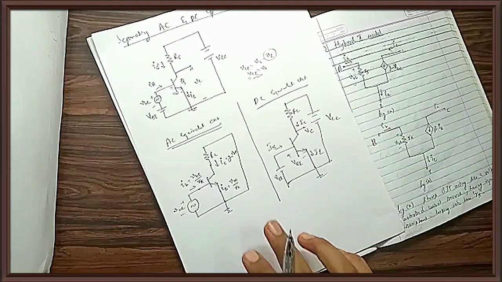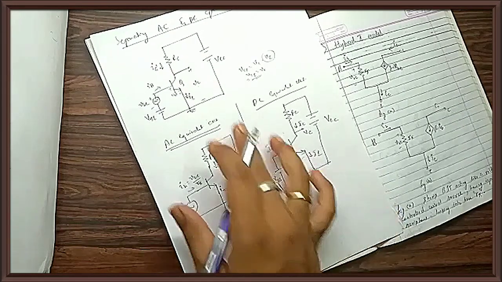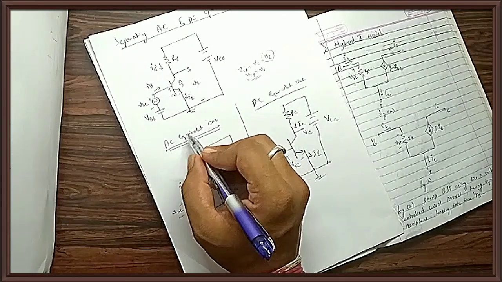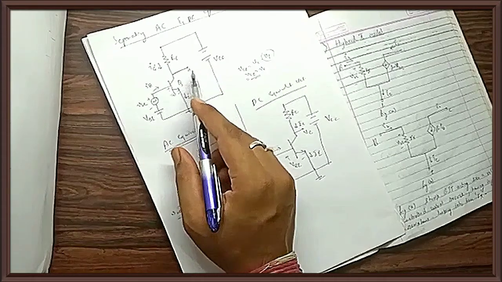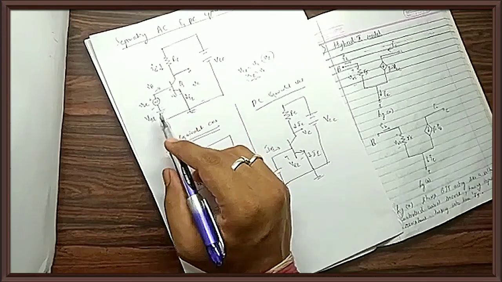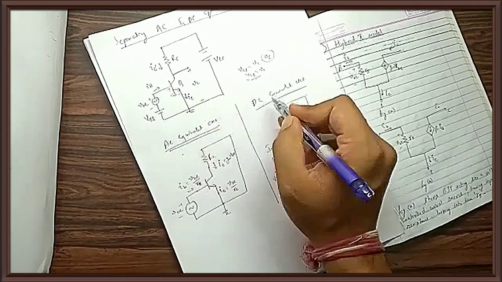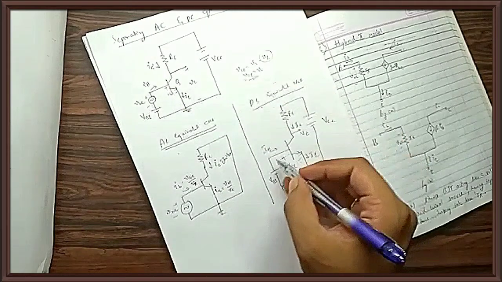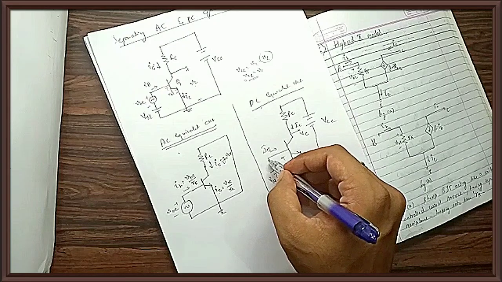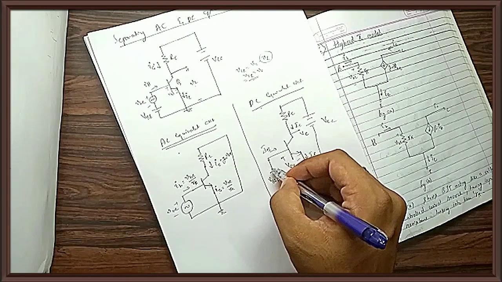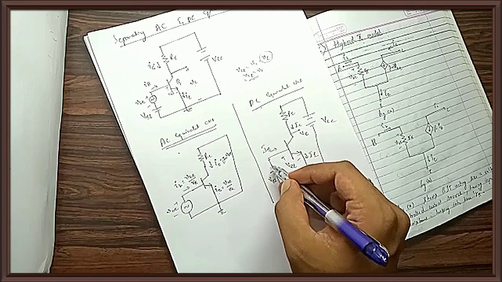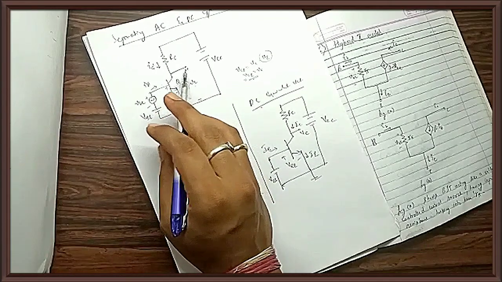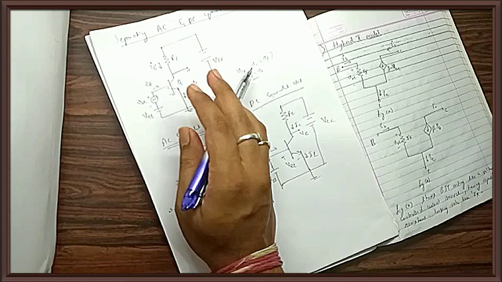Fine. So this is how I separate AC and DC quantities and draw the AC equivalent circuit and DC equivalent circuit. Here I repeat once again, in the AC equivalent circuit, the DC voltage should be replaced by a short circuit, and if there are any capacitors, then capacitors should be replaced by a short circuit depending on the frequency consideration. Whenever I am drawing the DC equivalent circuit, I will replace all AC sources by ground. Ground means what? I'll be removing the voltage source by short circuit. Fine. Because the AC signal is again a voltage source, that voltage source I am replacing by a short circuit. So vb is replaced by a short circuit, and if there are any capacitors in the circuit, then I'll replace capacitors by an open circuit, because a capacitor acts as an open circuit for a DC signal.